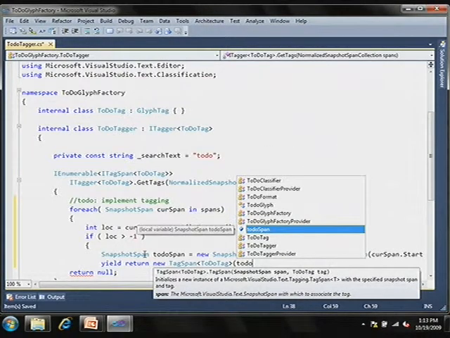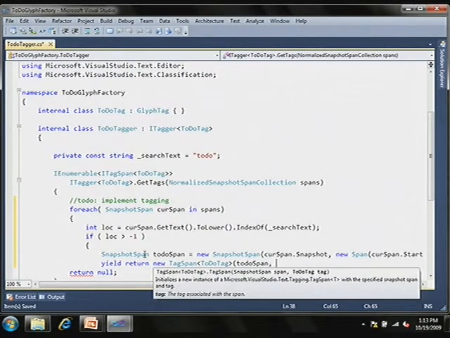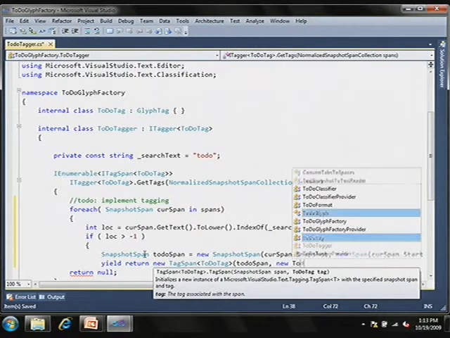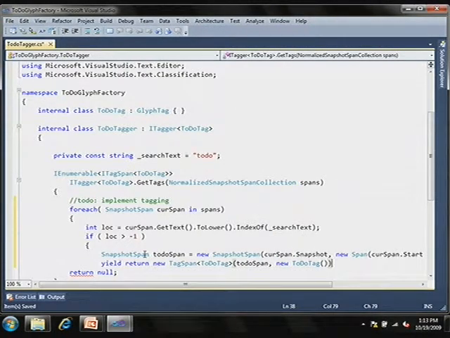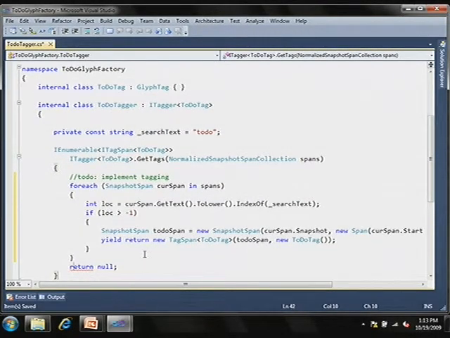And so we just say we want to associate this tag, a new to-do tag, to our to-do span. Close all of this up here. And so with that, we've done all that was necessary to go ahead and find our to-dos and label them as to-dos. But the problem with this is,